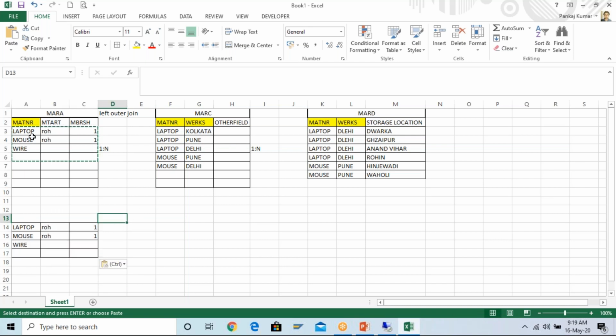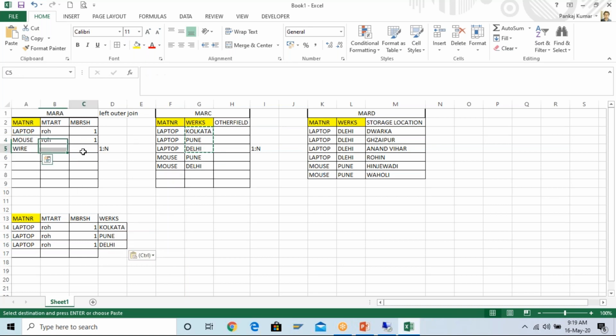So, okay, copy this, paste it, and here the laptop is coming 3 times, right? So here also the laptop is going to show you 3 times. Okay, so just remove this one and Ctrl+D, the laptop will come 3 times, because the plant is there 3 times over here. And come over here, copy this one, paste it over here, right? So it will come like this. Again, the mouse and wire.